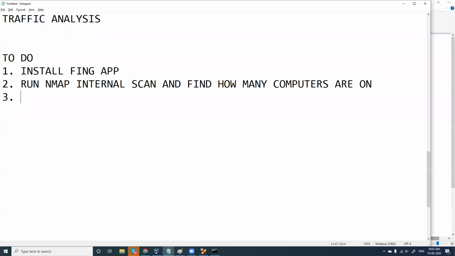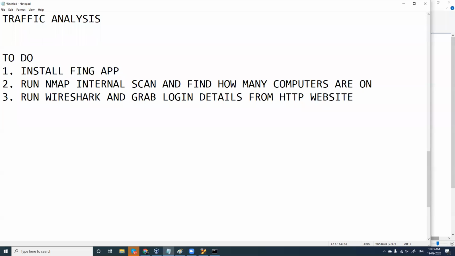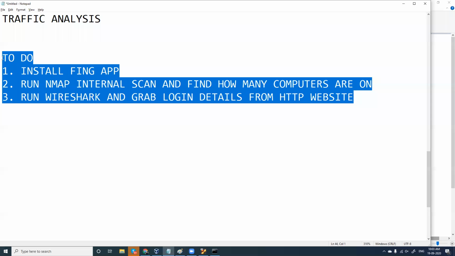And third, run Wireshark and grab login details from an HTTP website. Please don't come up with an HTTPS website and ping in a Skype lab group why I'm not getting the password. To start with, go for a basic HTTP site and try to grab usernames and passwords. And I think these three are the assignments for today, and we are done for today.